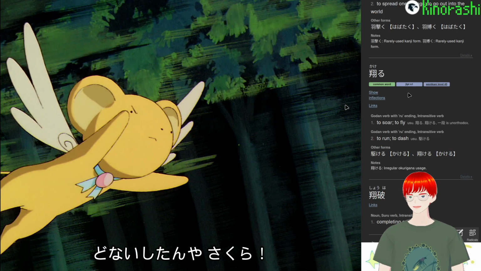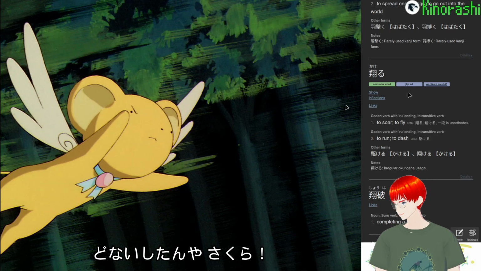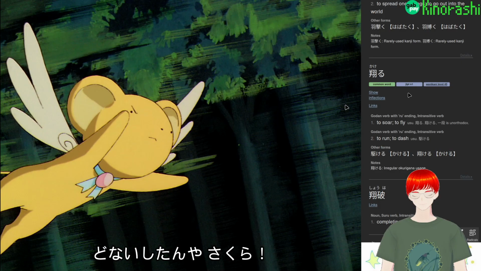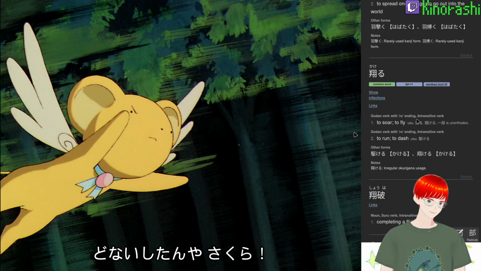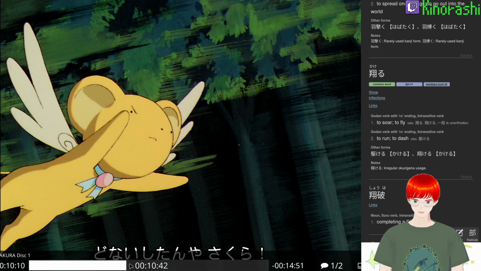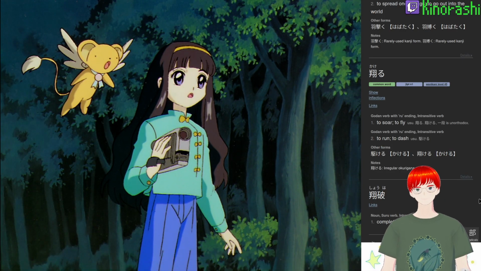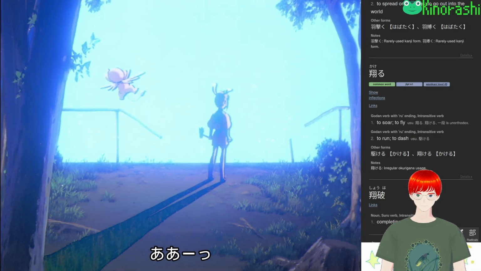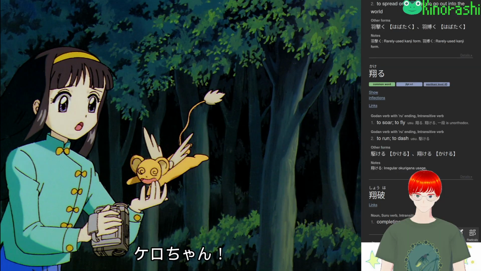Oh, that's why he's saying it. He's basically saying it more in the sense of what's wrong, as in like, why is she just standing there? What's wrong? So in other words, what happened? Like something's happened, and therefore, for you to be having that sort of reaction. So in other words, what's wrong? So donai shitanya. Okay. Donai shitanya Sakura. So what's wrong, Sakura? なんやあれ。どないしたんや、さくら。ケロちゃん。